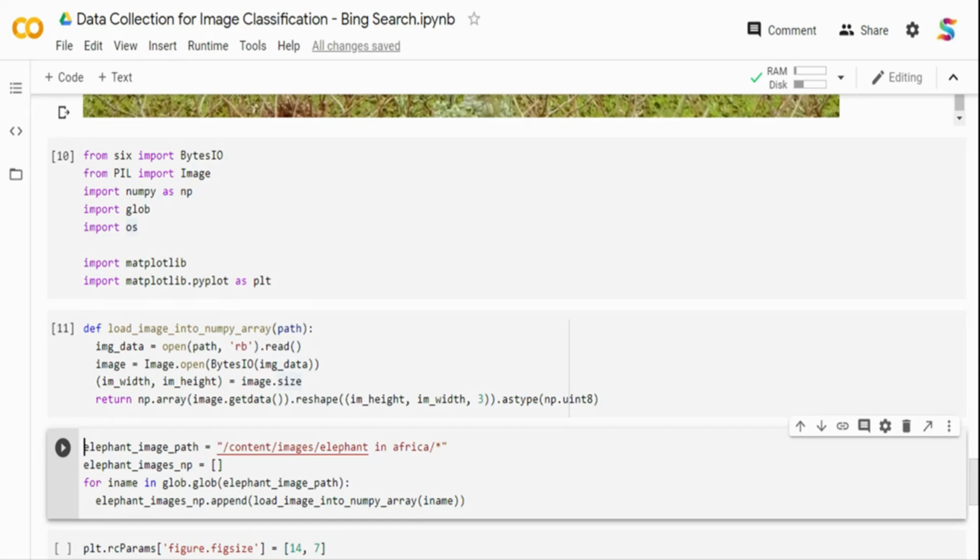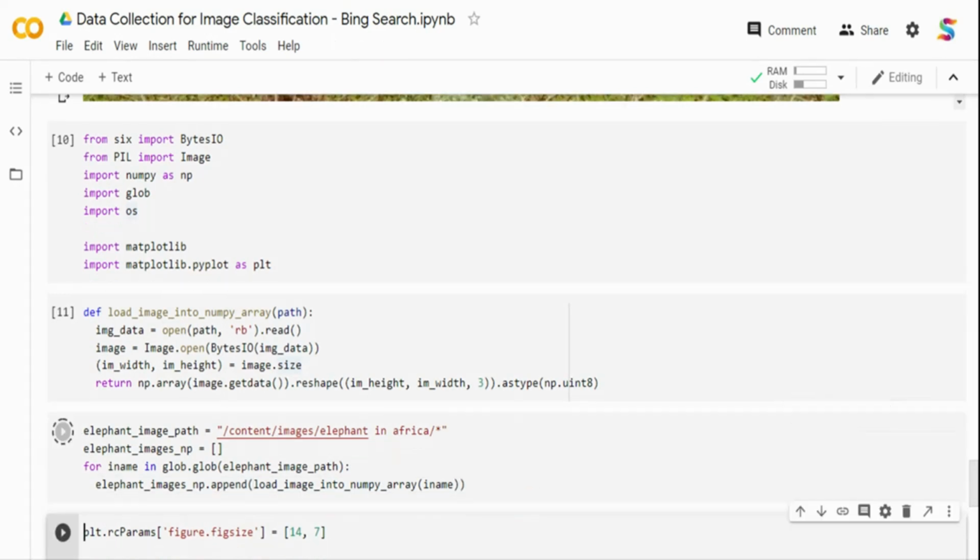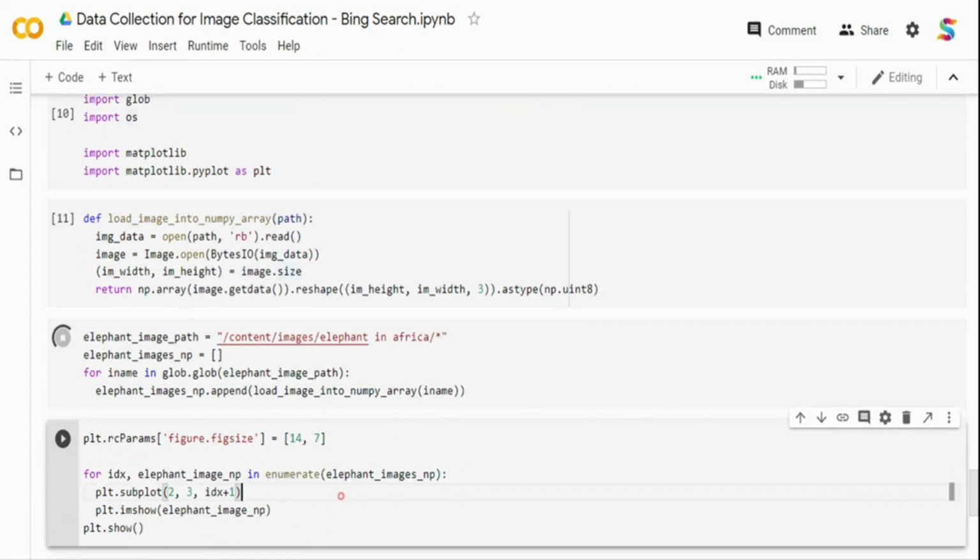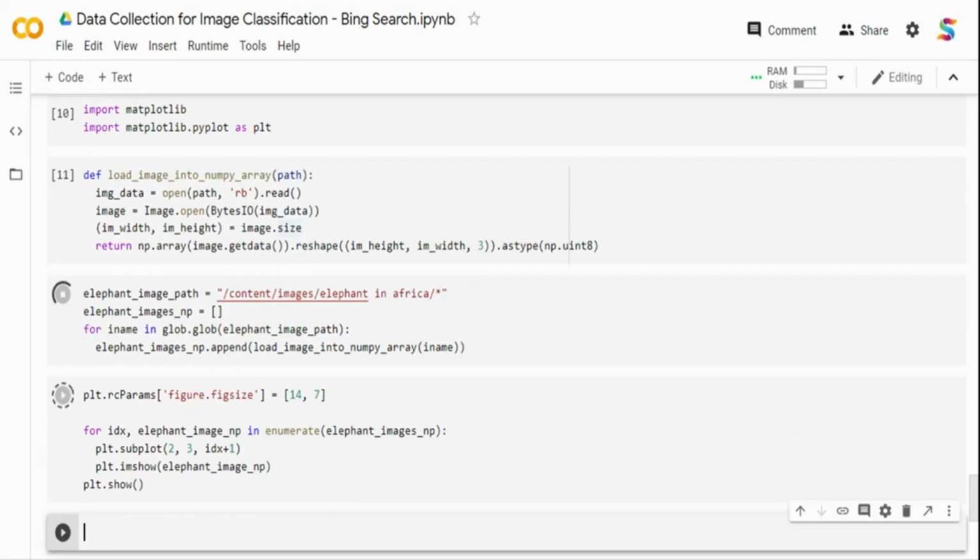Then I'm using glob to read the elephant image paths and get each and every image, and then call the load image into NumPy method, so that it will give me a NumPy array, and then populate the empty list I had created. So this will take all the objects and create a NumPy array for me. And then the next one, I can just plot it to see what are all the images that got downloaded.